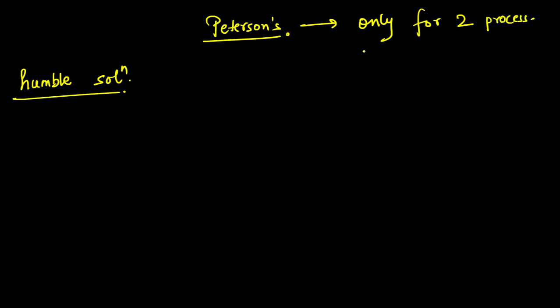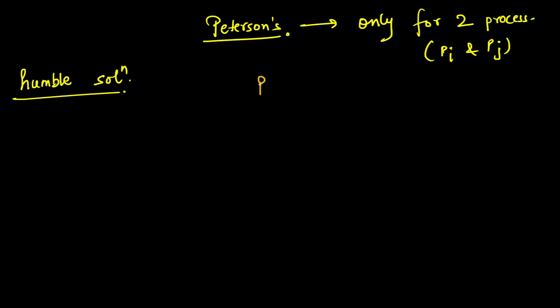So this is the first drawback you can say for Peterson solution, that it is applicable only for two processes. Here they have referred to them as Pi and Pj. Only when we are dealing with two processes can we use this Peterson solution. Now what they are saying in Peterson solution is this.